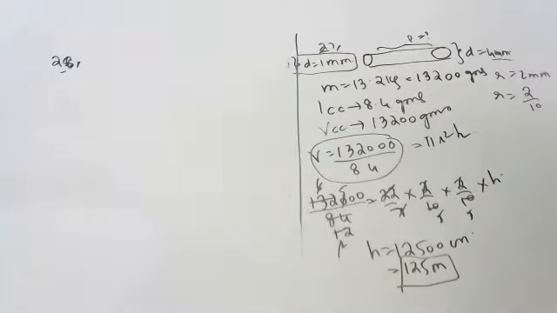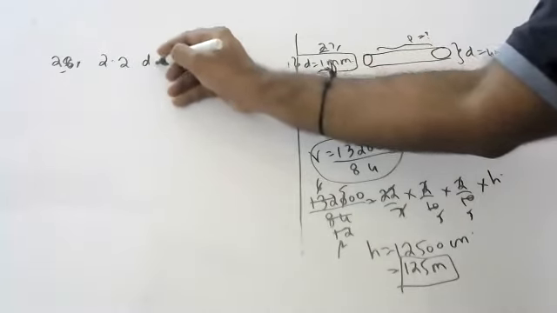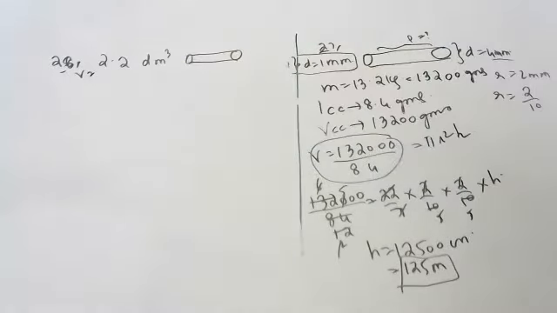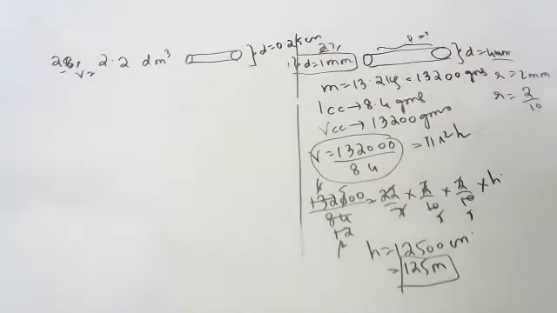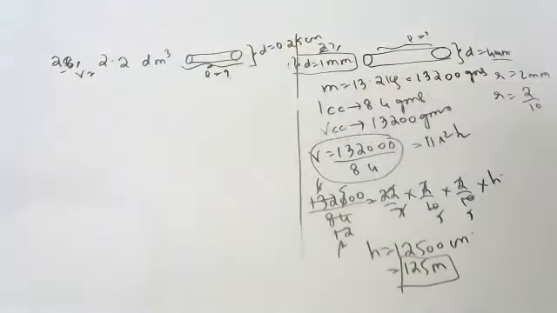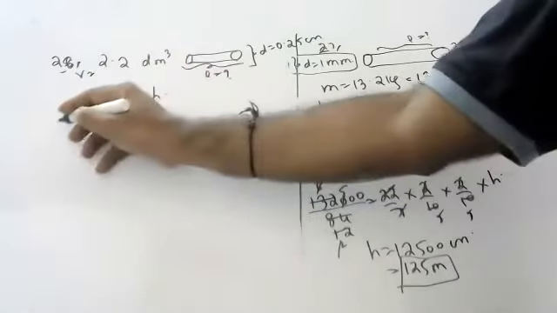Sum 28. Pravalika, read it. Yes, sir. Sum 28. Brass wire is there. 2.2 decimeter cube brass wire is there. Decimeter cube means this is volume. 2.2 decimeter cube of brass wire is there. Can you draw a cylindrical wire of 0.25 centimeters in diameter? Find the length of the wire. Jana, your turn. Volume is equal to pi r square h.